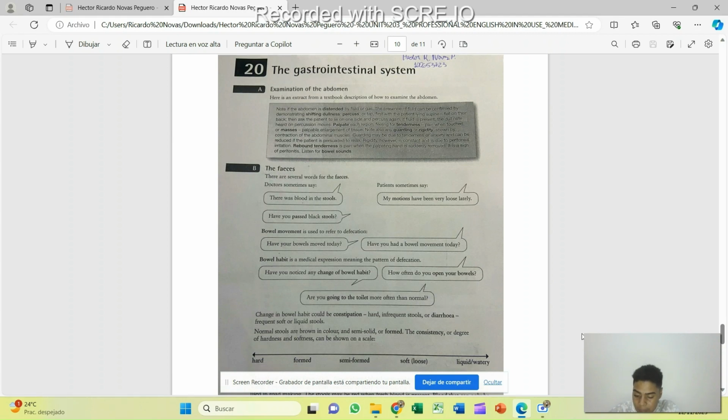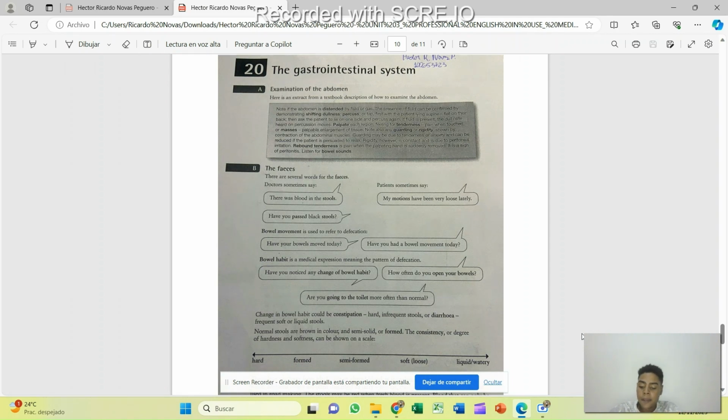Their consistency, or degree of hardness and softness, can be shown on a scale: hard, formed, semi-formed, soft, loose, liquid,